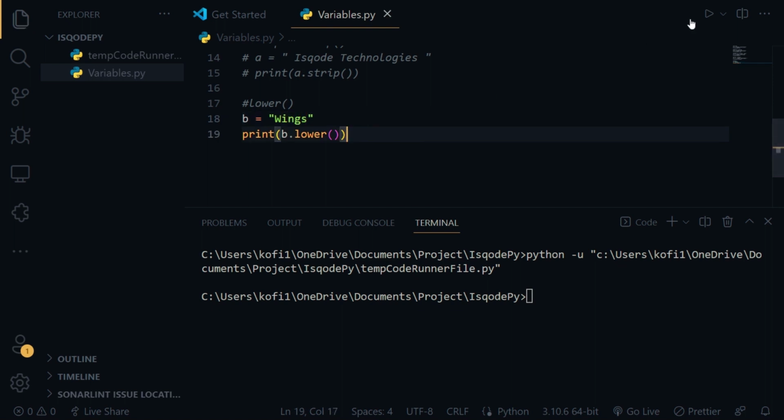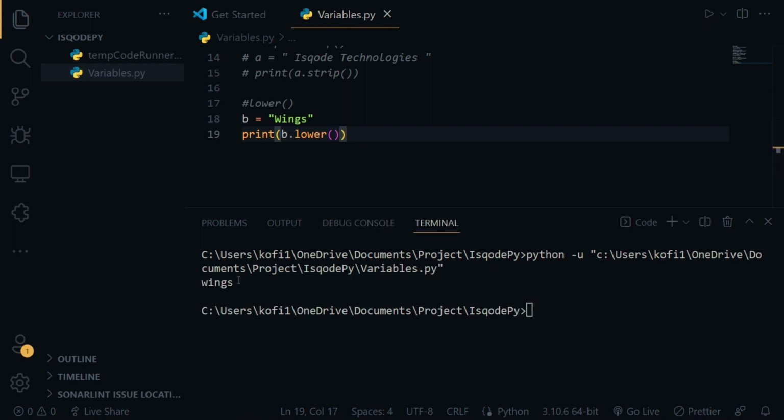Yes. You see, it has changed the first character to what? A smaller one, because it was upper. Now let's do the same thing for the upper. So I'll say A is equal to